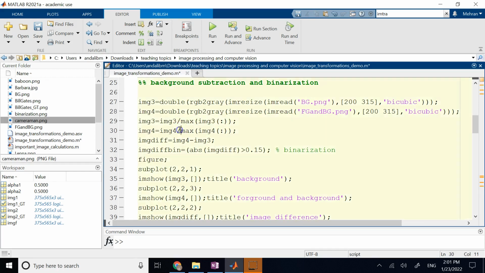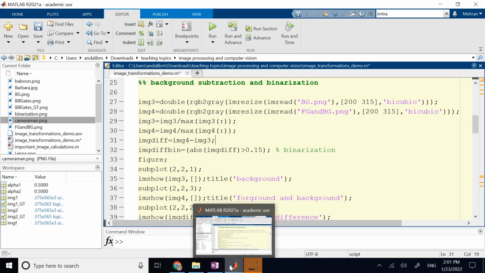There we go. So here, if I read them and I subtract, and then I use some threshold. Now here, I converted the images into double format instead of uint8. Why? Because uint8 only goes from 0 to 255. And when you subtract two objects from each other, then